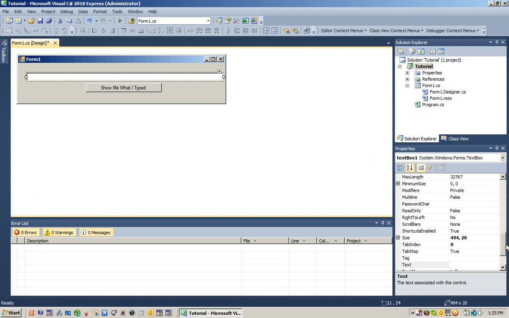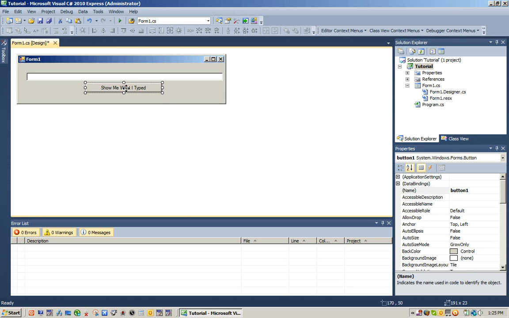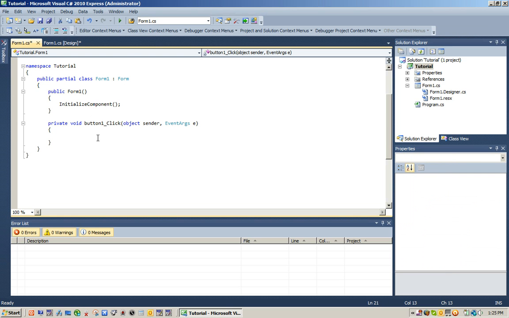So over here in the properties panel, I'm going to change the name that we use to reference the text box in the code to user text. And we're going to double click on this button here to make an event handler for when the button is clicked. So all we have to do for the message box is message